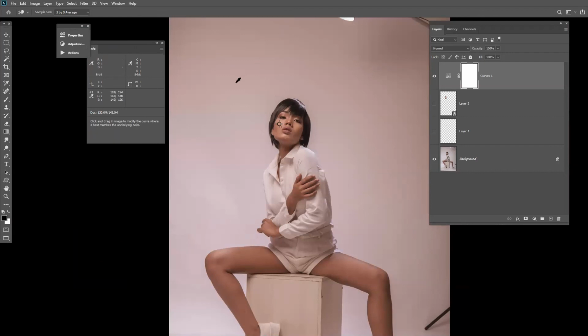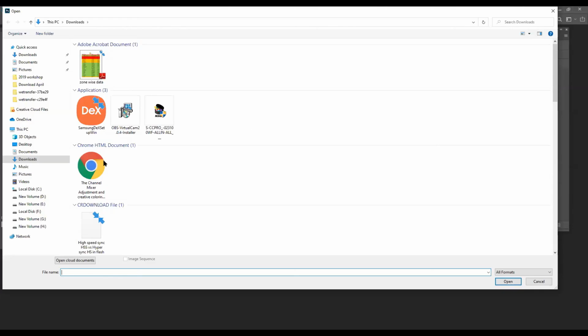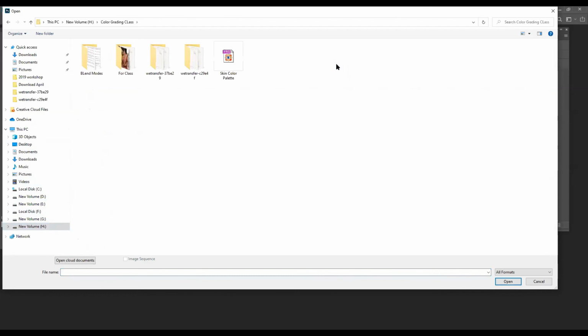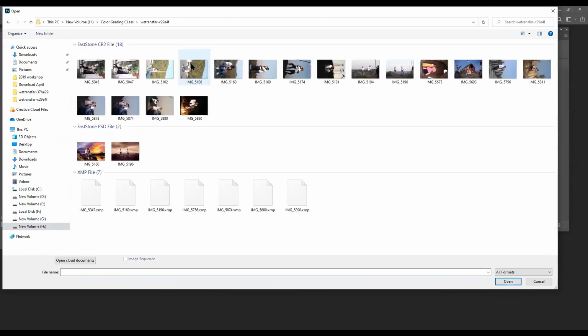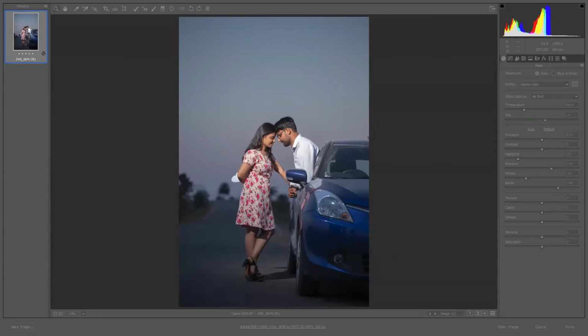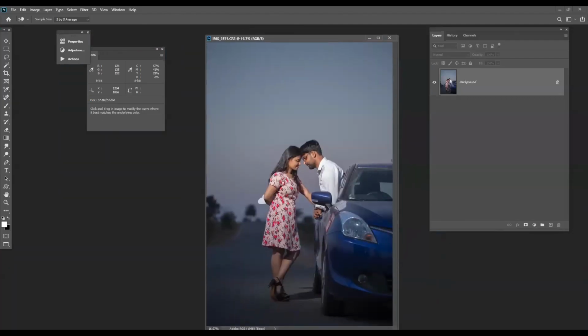Now let's come to a little part of understanding. Now, a few ways to color grade a certain image or create a certain mood of a certain image.